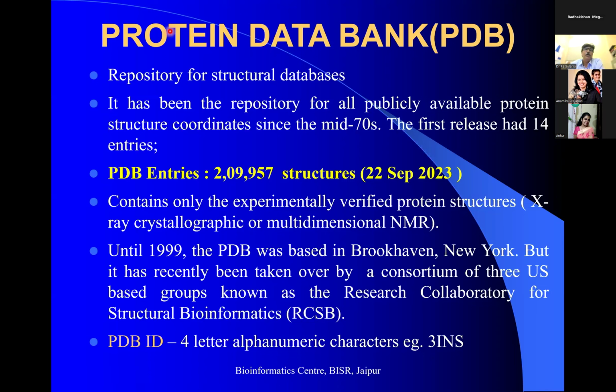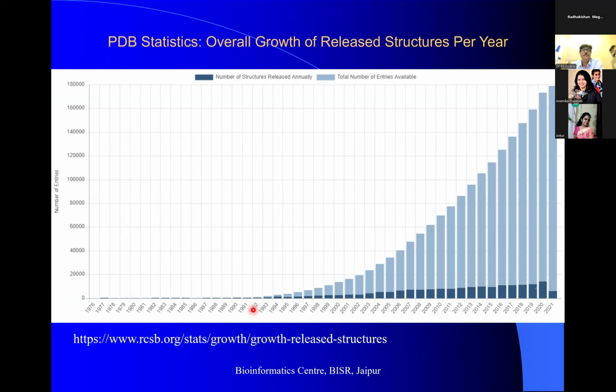अब इसमें जितने भी प्रोटीन्स रखे हुए हैं, प्रोटीन रखे हुए मतलब जिनके स्ट्रक्चर रखे हुए हैं, उन सबको एक कोड दिया हुआ है जिसे हम लोग कहते हैं पीडीबी आईडी। ये 4 लेटर अल्फा न्यूमेरिक कोड होता है, जैसे 3INS, तो लग रहा है कि इंसुलिन के लिए है ये 3INS। तो इस तरीके से वो जितने भी प्रोटीन के स्ट्रक्चर हैं उसको एक कोड दे रखा है।